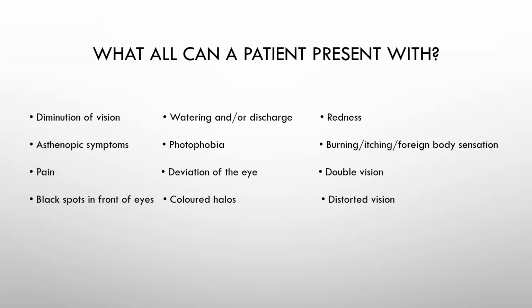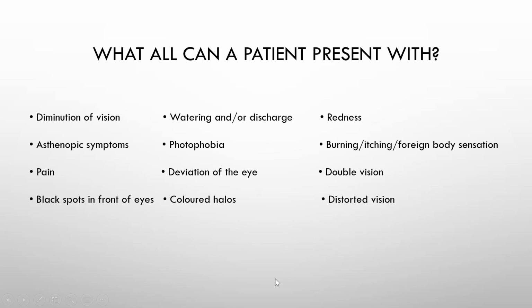So also you need to know what all a patient can present with in an ophthalmology clinic. The most common complaint is diminution of vision. Now that opens a wide array of differential diagnosis. If you have only this much information that the patient has diminution of vision, it could be anything, from outside to inside, it could literally be anything from dry eye to keratoconjunctivitis to uveitis to cataracts to glaucoma to some pathology in the retina. So this is a very generic thing. That is why it is very important that you go further from here and you ask relevant questions, which could actually lead you to some diagnosis.